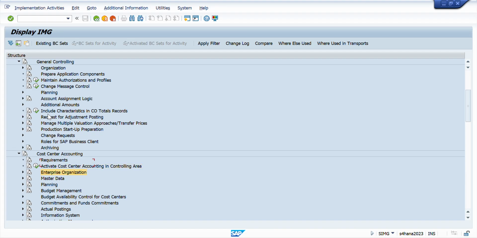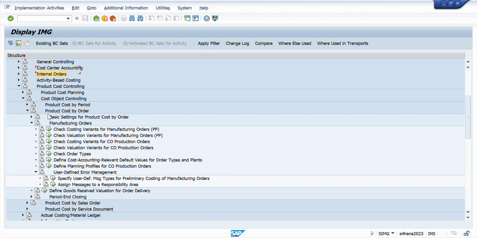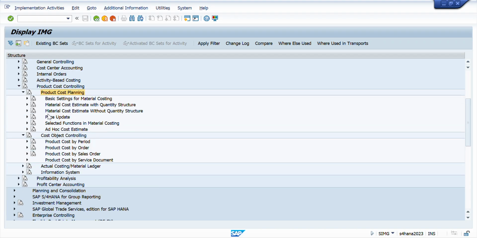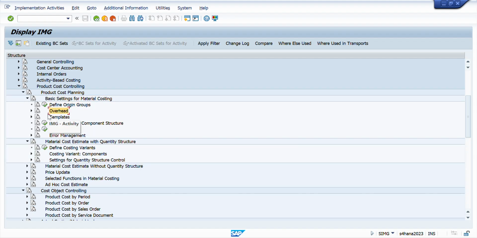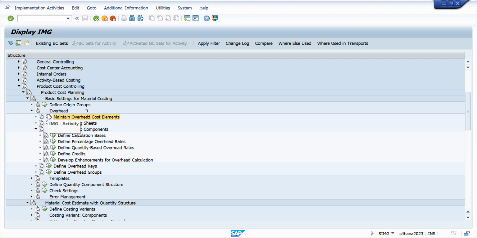Okay, it's not here also. Let's check where it is. Okay, product cost planning and material cost estimate with quantity structure. It should be somewhere under the overheads. Yeah, under the basic settings for material costing we have overheads, and here we have